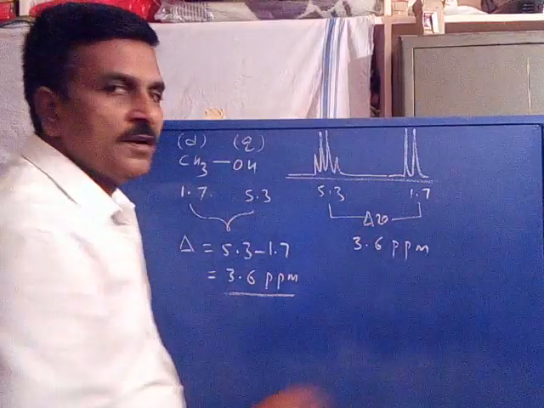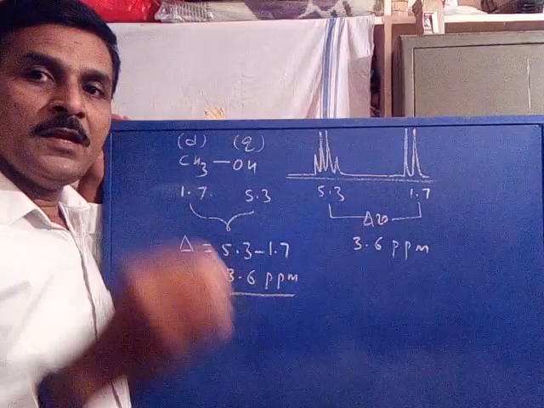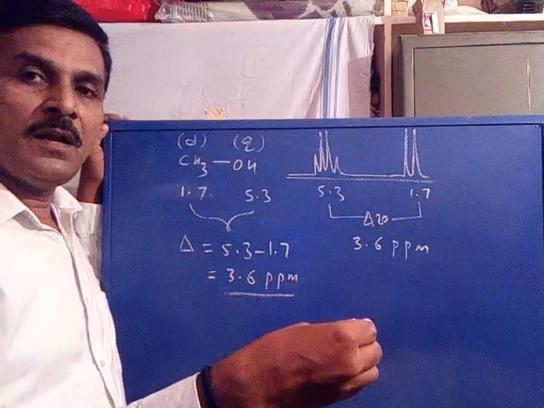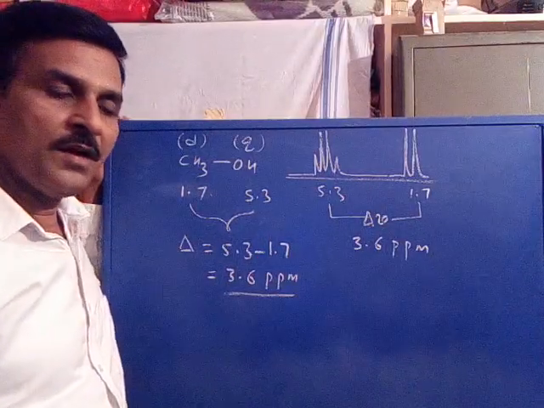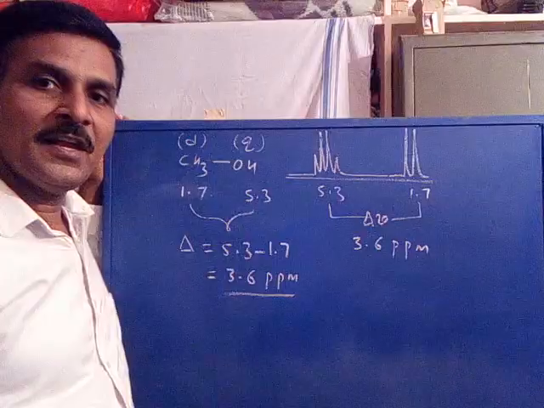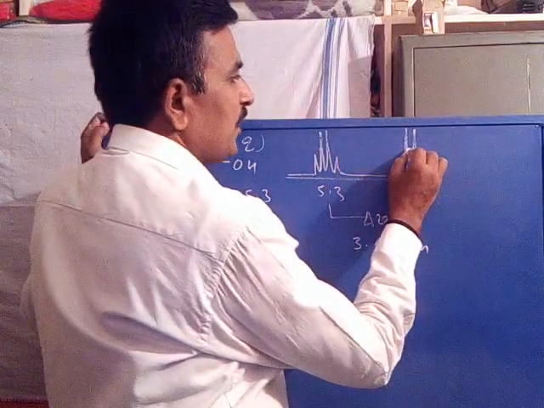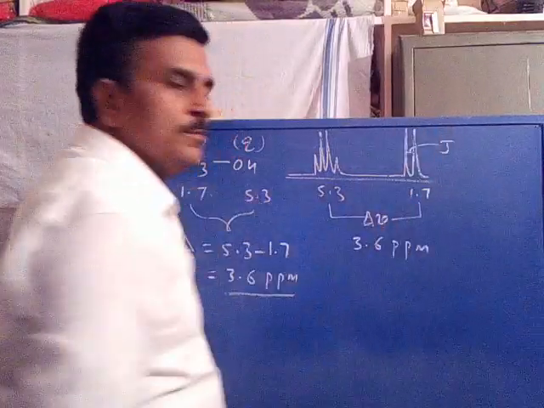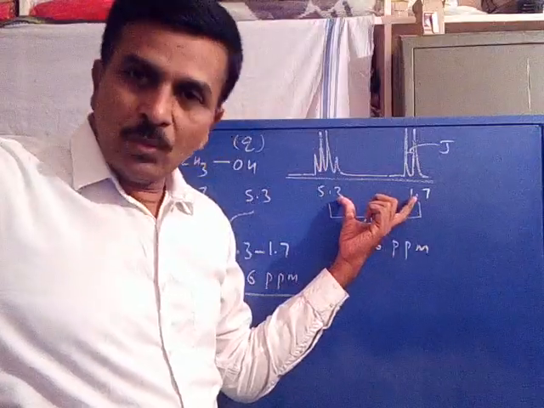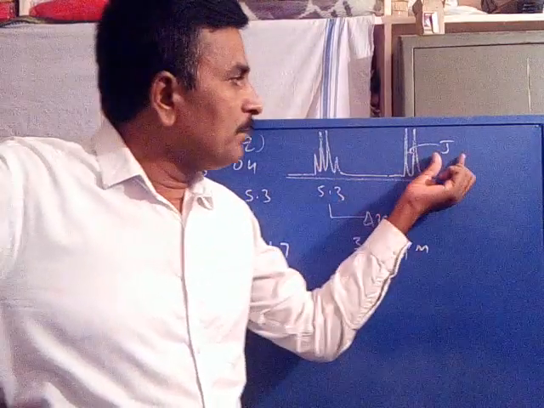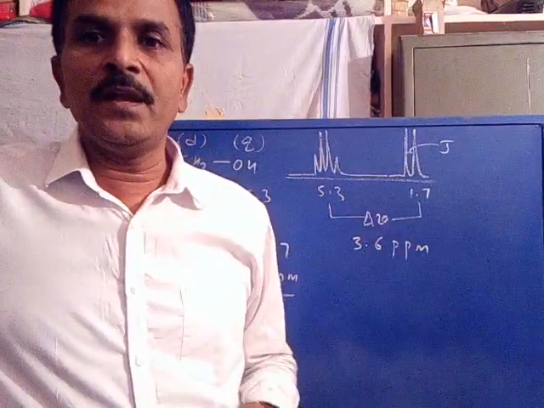Now the coupling constant. What is coupling constant? The frequency difference between any two lines within one multiplet signal is a constant. This constant distance is called the coupling constant. We studied it in detail in our first semester. So this is the coupling constant, J value. Now you see, the frequency difference is too large, whereas the coupling constant is too small. Therefore, these two are not comparable.